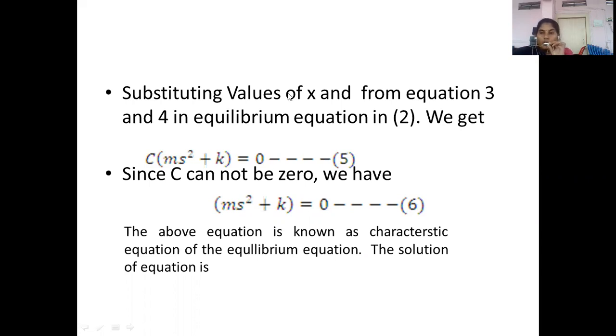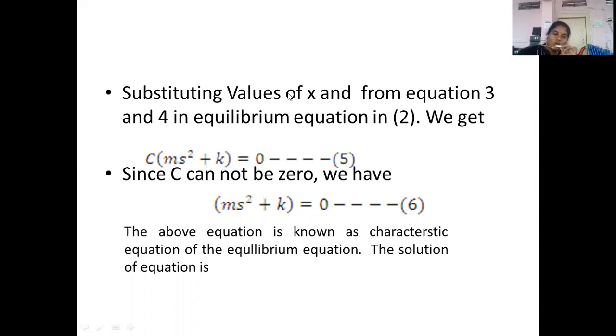Okay, already we know the mathematical rule. If a into b is equal to 0, then either a is equal to 0 or b is equal to 0. One of the two, a or b, is 0. But both terms would not be 0. So that concept we have to use here.